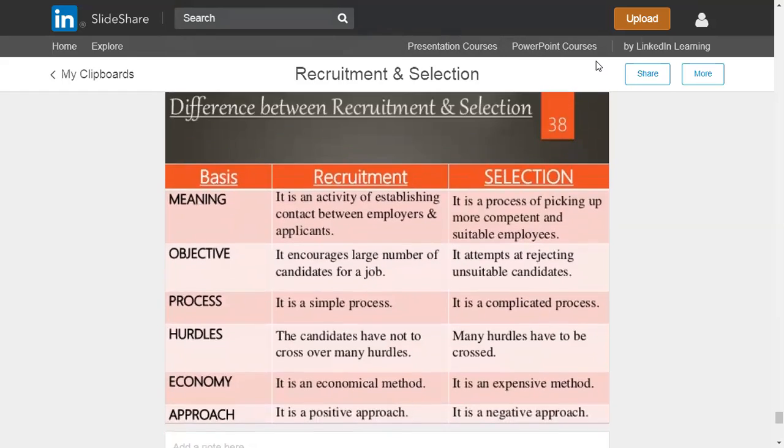These are the differences between recruitment and selection. Recruitment is an activity of establishing contact between employer and applicants. Selection is the process of picking up the more competent one. Objective is to